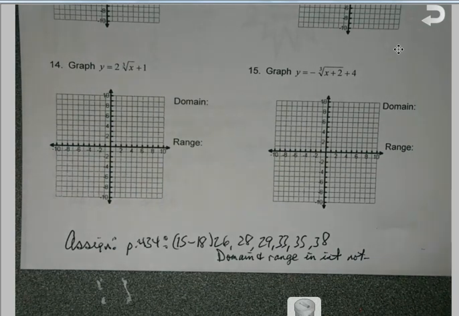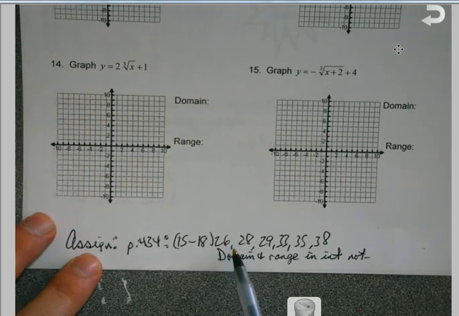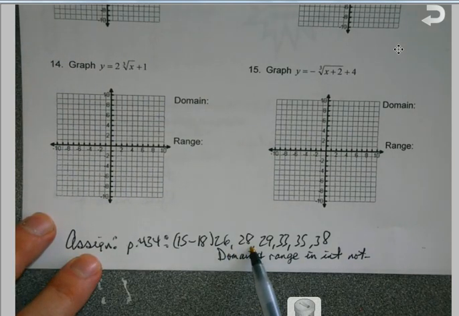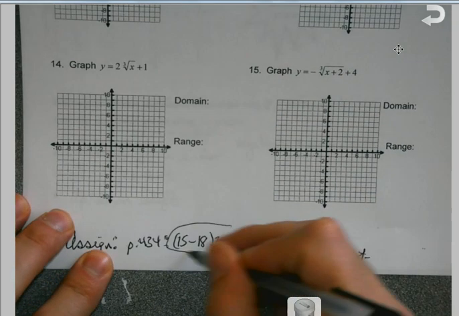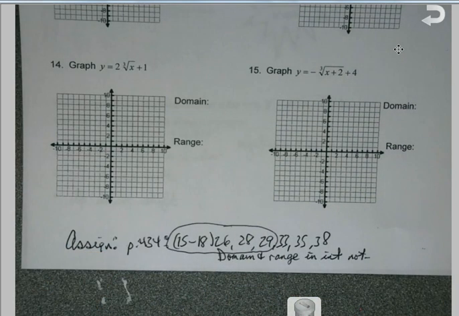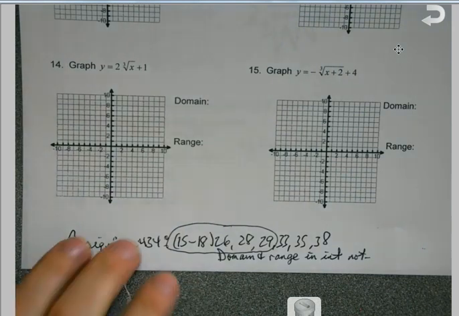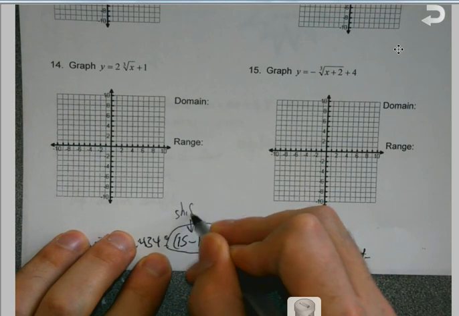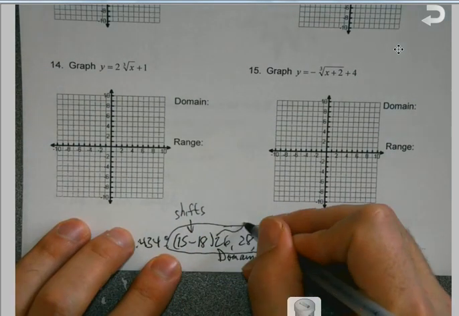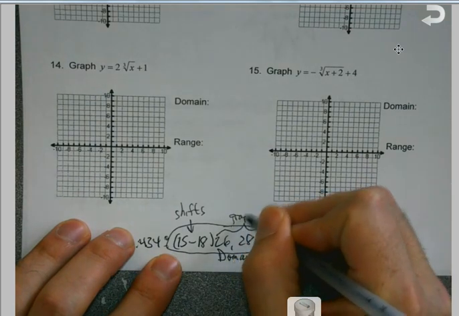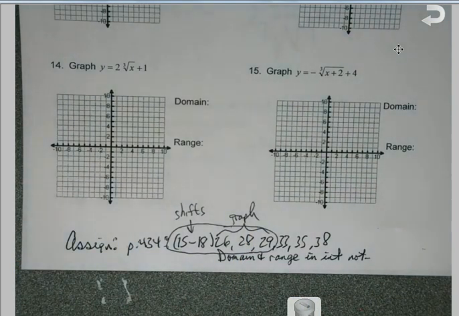The square root ones that would work out okay, well, you could still do the descriptors, so those are all okay. 26 is okay, 28's okay, oh, 29's okay. I am a happy camper. Okay, so everything through here is okay right now, because you're just describing shifts on these. That doesn't change at all for any of them. And then these three are graphing square roots. And we'll take a look at the cubed root ones